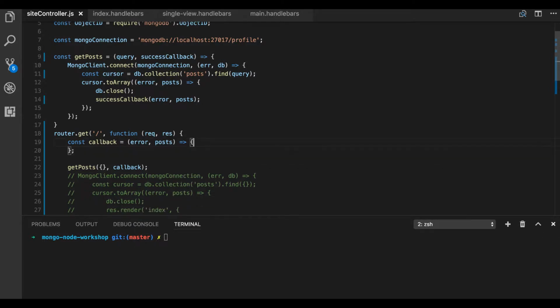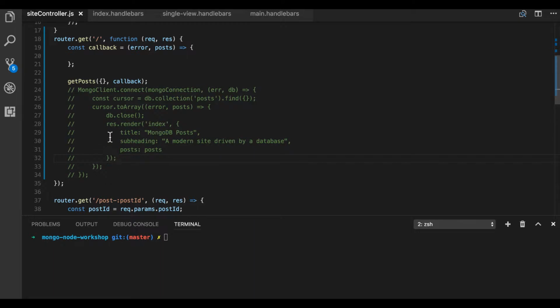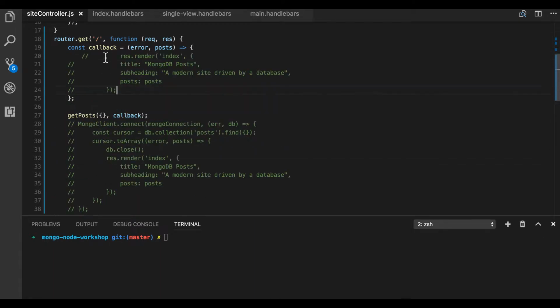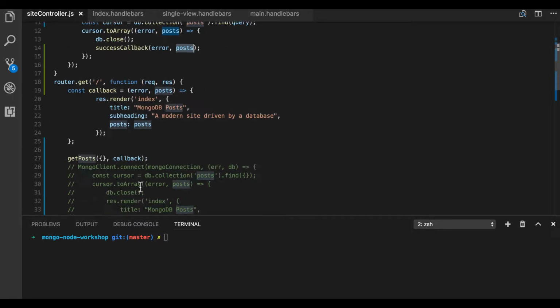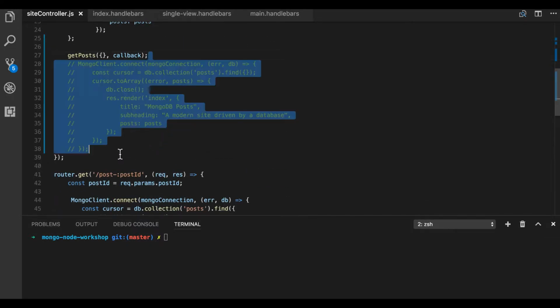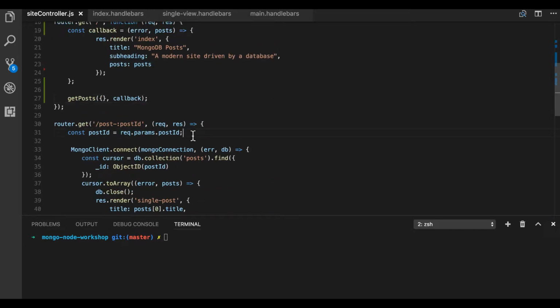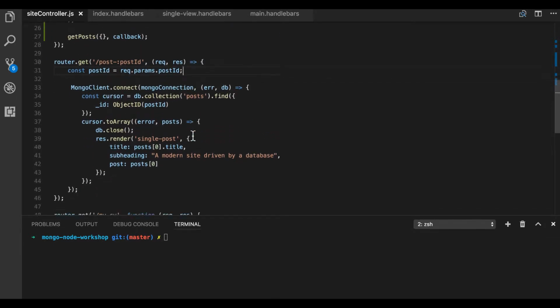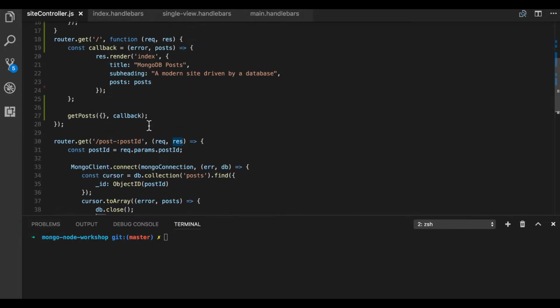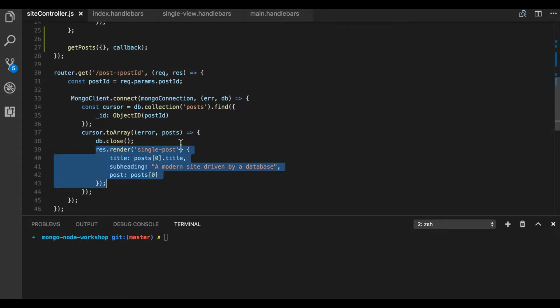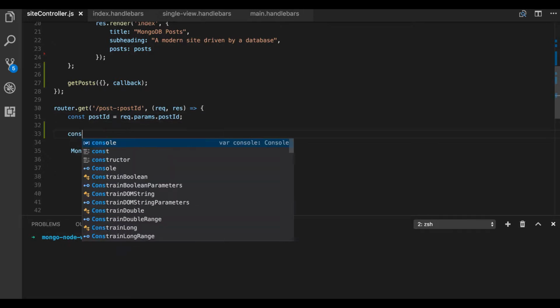and once it gets the post, it will just render the index, and it will use the posts that are passed to it from the callback here. Let's delete this, and then in the second one it will be very similar code, so we can delete all of that code as well, and we will take this to be our callback function,